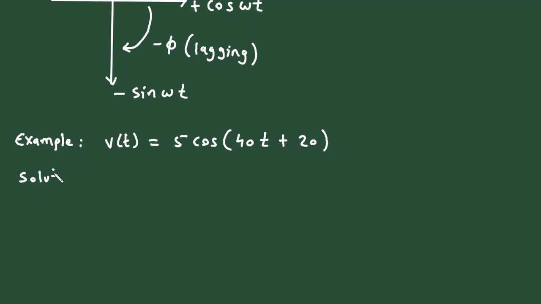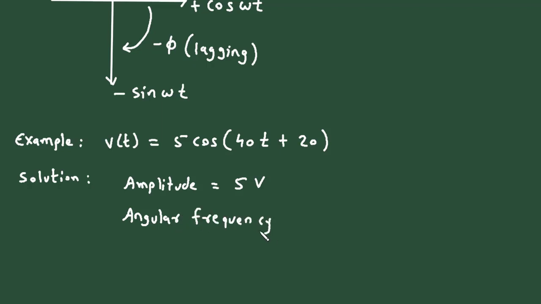So solution for this will be, here we can see amplitude is equal to 5 volts, and this angular frequency is equal to omega is equal to 40 radian per second,